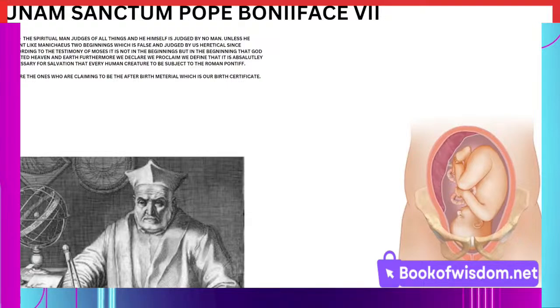So they are claiming us in Unam Sanctam, and it's in the vaults in the Vatican. They will put a spell on it because they are sorcerers, they are magicians. They put a spell on it, they lock it up, and whatever goes on that piece of paper goes. And this Unam Sanctam is claiming all of us.